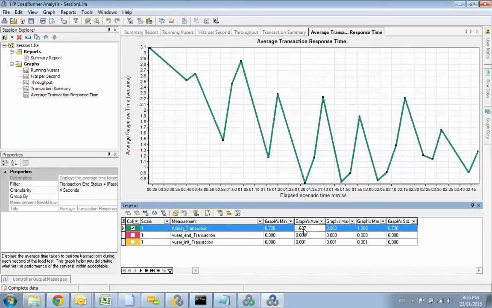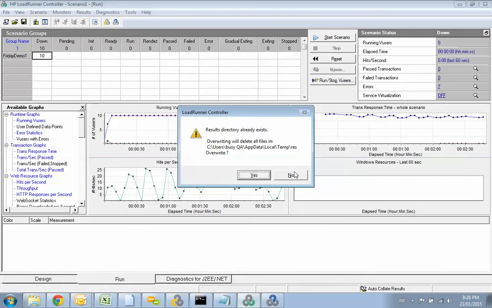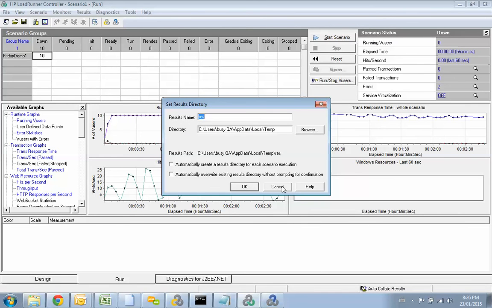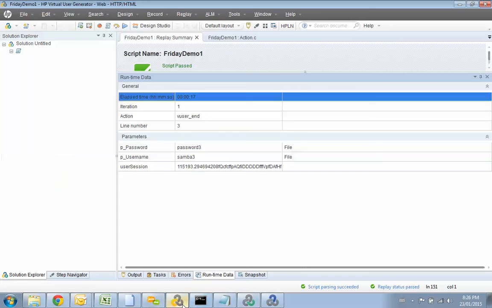1.637. But now again, I'm not sure how it's measuring because we have 3 iterations. I don't know if it's the average of one iteration or the average of all 3 of them, but there's something not right here. There's something not right. It's too fast, because if one, oh, that's where you select. Okay, I knew there was an easier way. If one is taking us 17 seconds to run for one user, it shouldn't make sense that